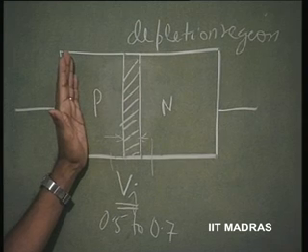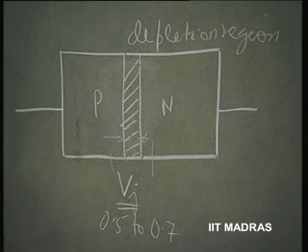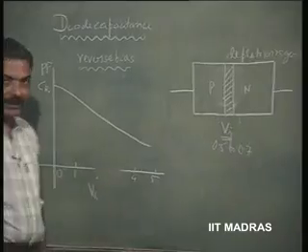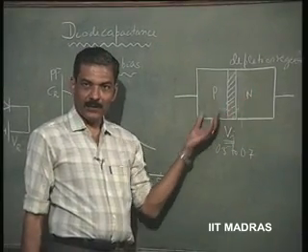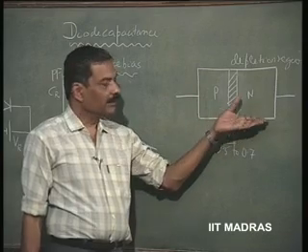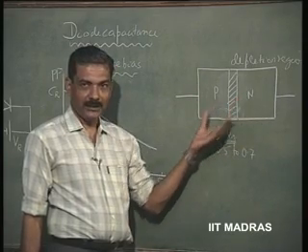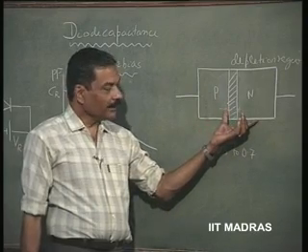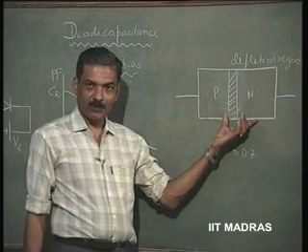No carriers exist, so it is an insulator. So, it is equivalent to a capacitance. When it is reverse biased particularly, we know that current is not flowing at all. That means the reverse resistance is very nearly infinity, but it can now be equated to a capacitance, not just an open circuit,